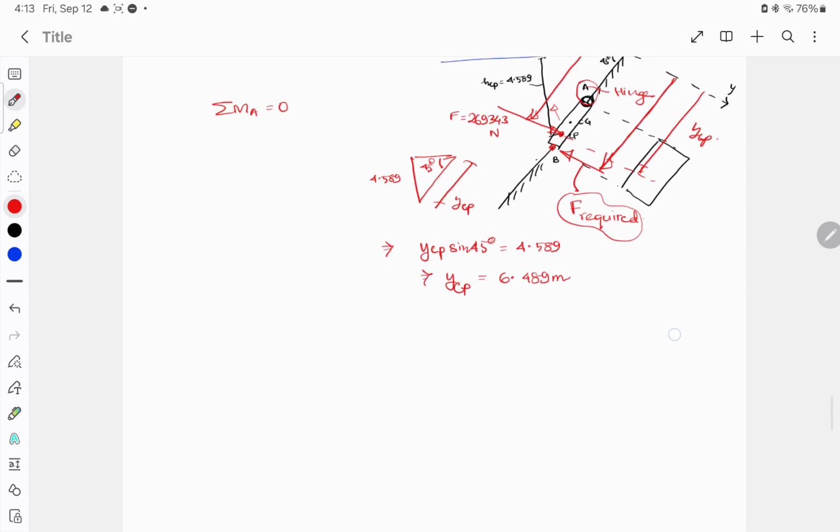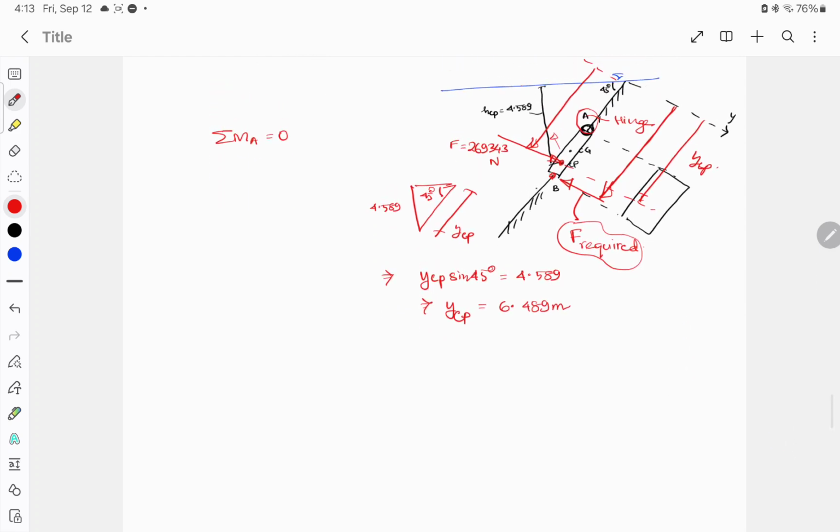बड़ा वाला ट्राइंगल कैसे लेंगे, सो ये बड़ा वाला ट्राइंगल में ये वाला डिस्टेंस B का वर्टिकल डिस्टेंस कितना है, 5 मीटर, क्वेश्चन में दिया हुआ था। सो एक और ट्राइंगल बनेगा जो इसको YB लिखते हैं अगर, तो ये 5 मीटर्स है और ये 45 डिग्री है। अगेन सेम कॉन्सेप्ट, YB साइन ऑफ 45 डिग्री विल बी 5 मीटर्स। सो YB will be 5 by sin 45, that is 7.071 मीटर। सिंपल है।